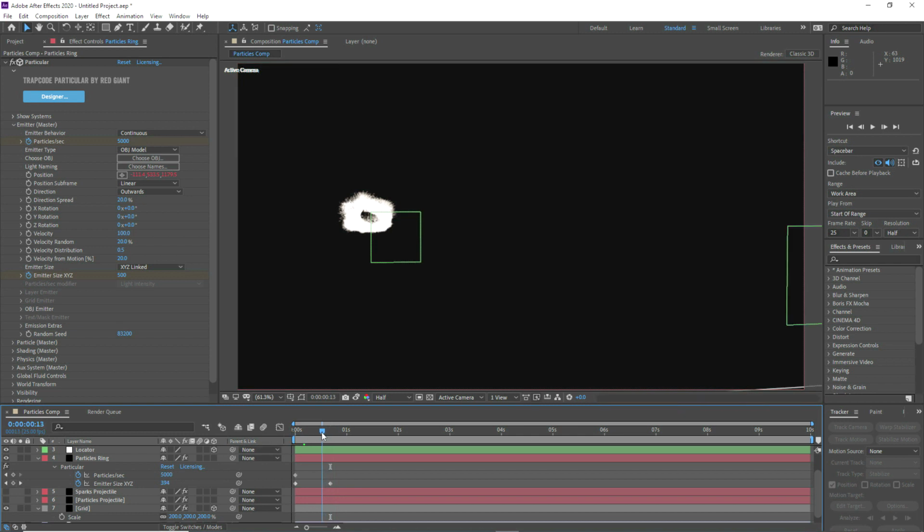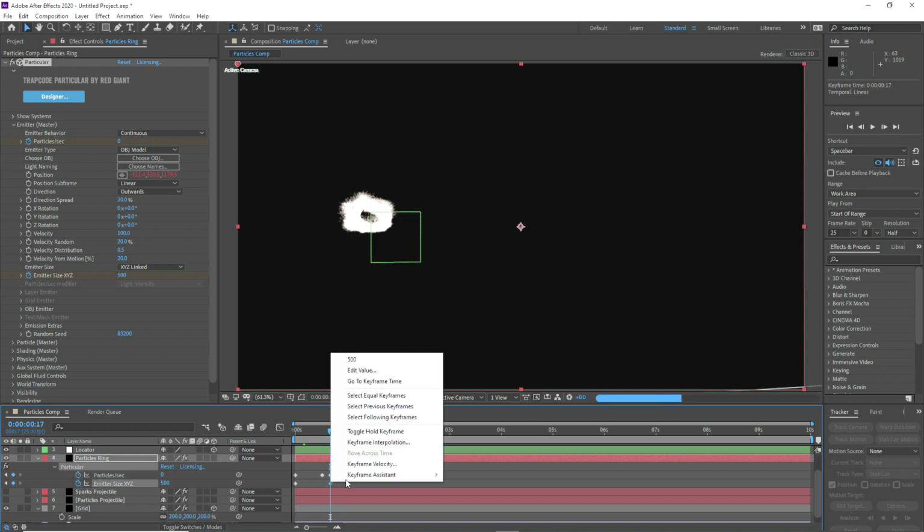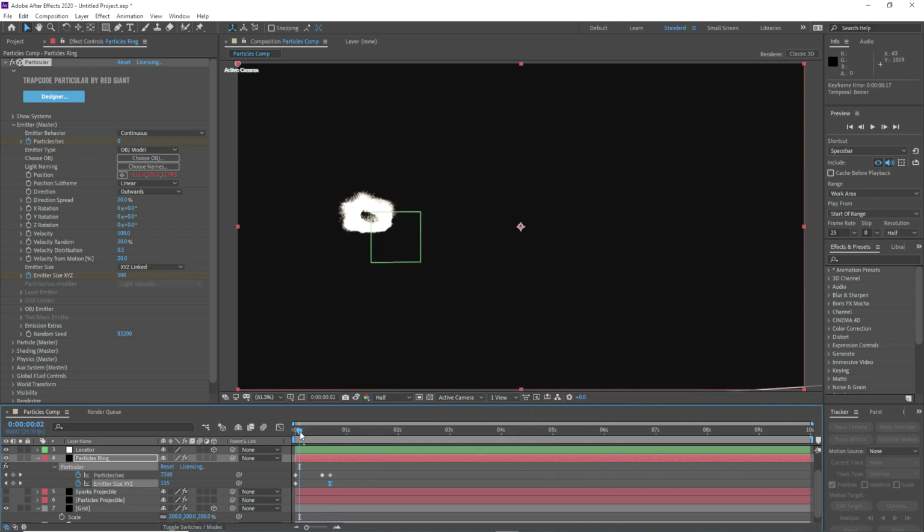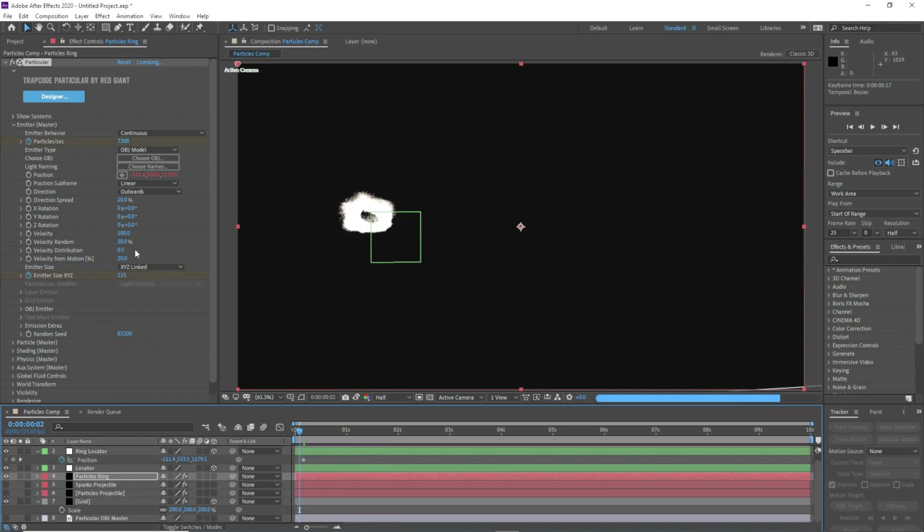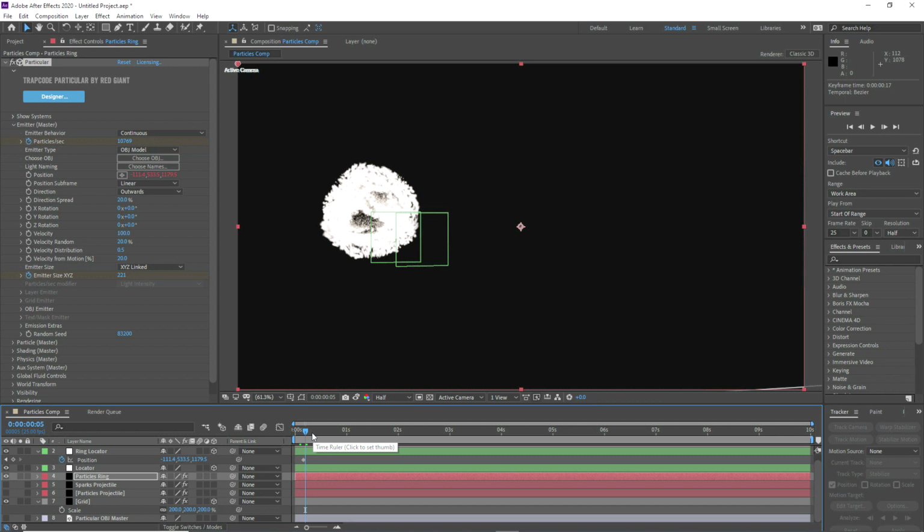As the ring increases, the particles per second will increase to 20,000. Quite a high value, but they'll only be that high for a moment before tapering off into 0. And by right-clicking on that keyframe there, we can choose a soft, easy transition, so that it increases in size and then slowly decreases as it reaches its full